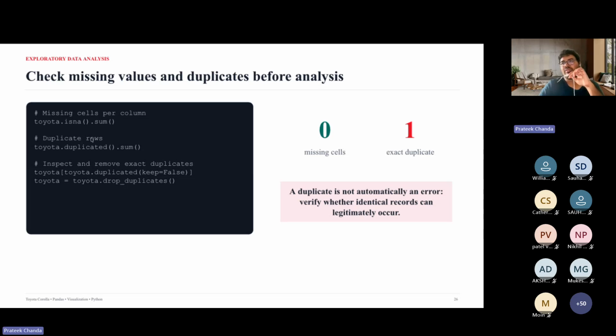If you want to see if your rows are duplicated or not, you can just do dot duplicated, and then you can calculate the number of duplicate rows using this. And you can also remove duplicates as well, with something like drop duplicates. If your data frame previously had duplicates, you can do drop duplicates to delete them. So these are very useful functions. You don't have to manually pre-process any of these things. You can just simply make these function calls and it will do it for you.